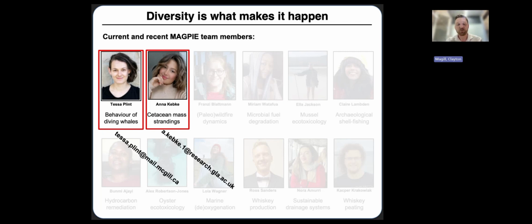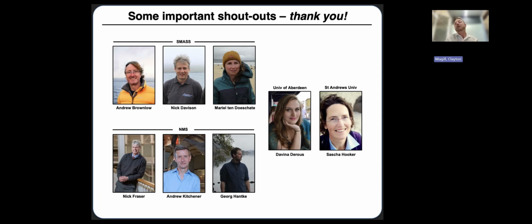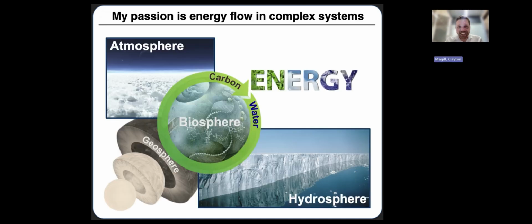and organic geochemical tools. As well, this work would not be possible without some super amazing, and by the way, quite local collaborators and colleagues. Most notably at SMASS, that's the Scottish Marine Animal Stranding Scheme, as well as the National Museum of Scotland, the NMS. Two other folks at University of Aberdeen and St. Andrews University, Davina and Sasha, have made such a huge difference in my ability to be me and bring my strengths to the work while recognizing the weaknesses and working upon them. Thank you to all of you that have made this possible, and thank you to you in the audience that are joining me. With that said, I now want to move on to talking a little bit about this environmental